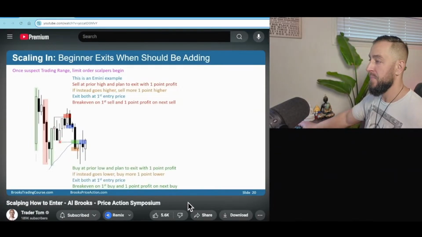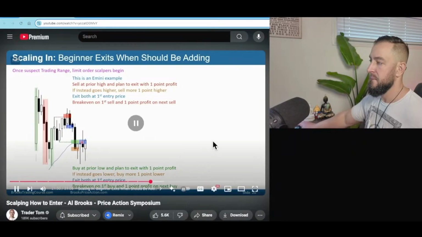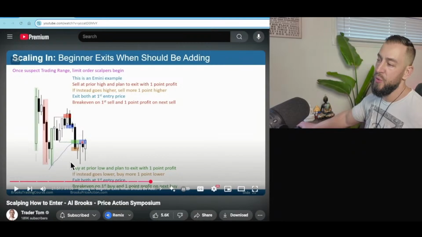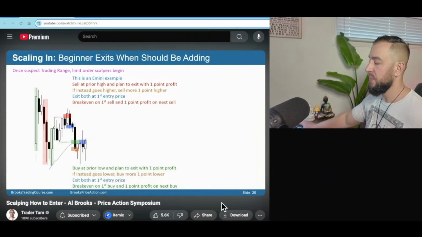He'll place a limit order to buy at a prior low. He'll buy here. He'll buy more lower, get filled here. Might buy more 2 points down, 3 points down. He can get out break even here. When it gets back to his first trade, he gets out break even on the first buy. And notice the only way you could do that is if you were using a wide stop. And with a profit on his second buy.